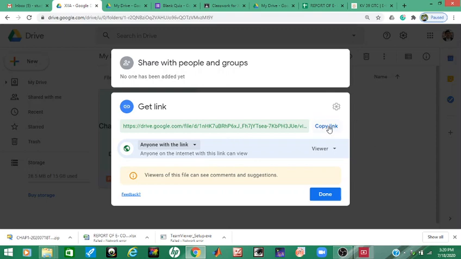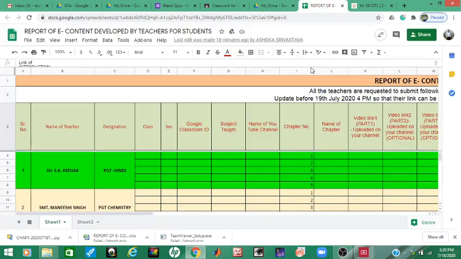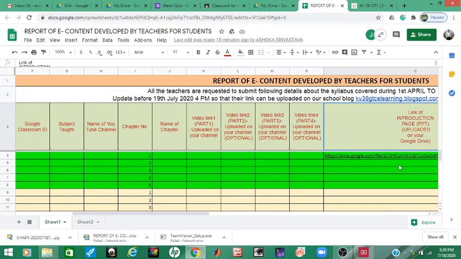Now the copy link option is there. Click copy link option. Link is copied. Now you can save this link, or you can provide these links in this Google Sheet for introduction page.